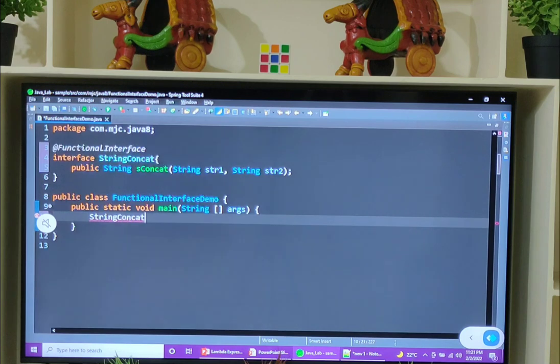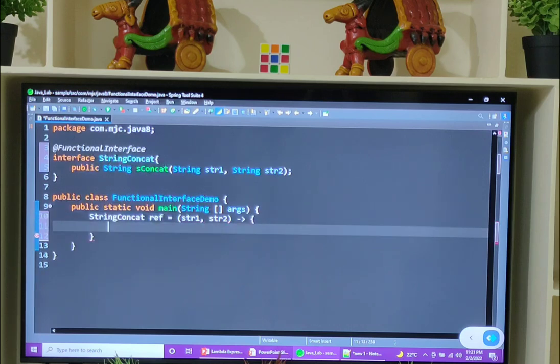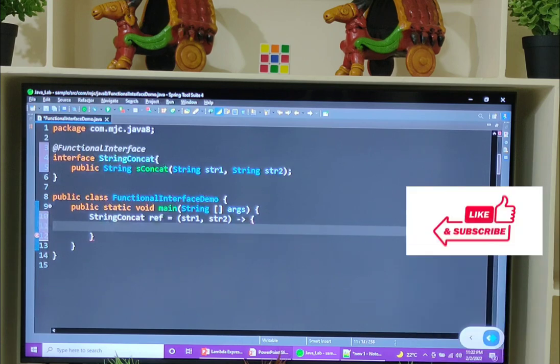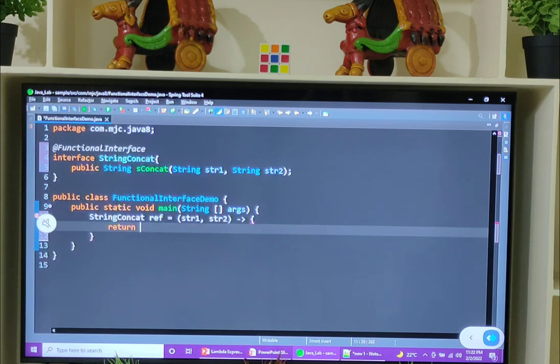StringConcat reference is equal to str1, str2, arrow operator, and next one is return str1 plus str2.